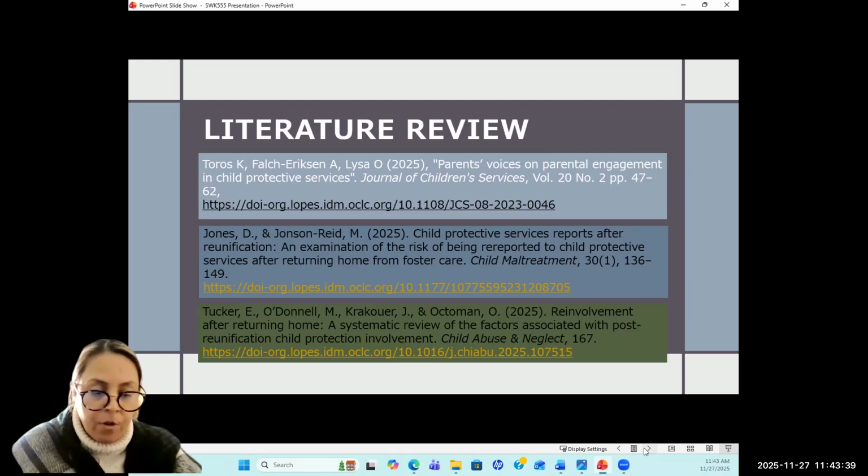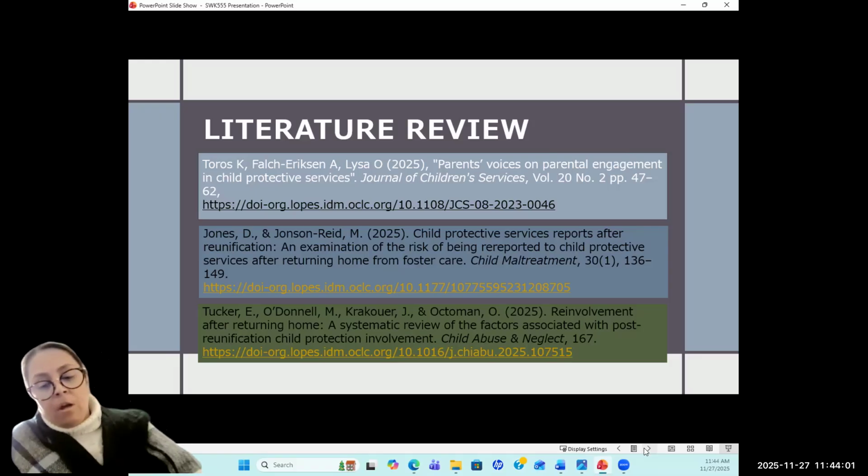In the sample of the 4 qualitative researches, it shows that older children were at risk to re-enter at the age of 10 to 15 years old due to being unable to adjust to their home and youth having mental health conditions and behavior challenges.